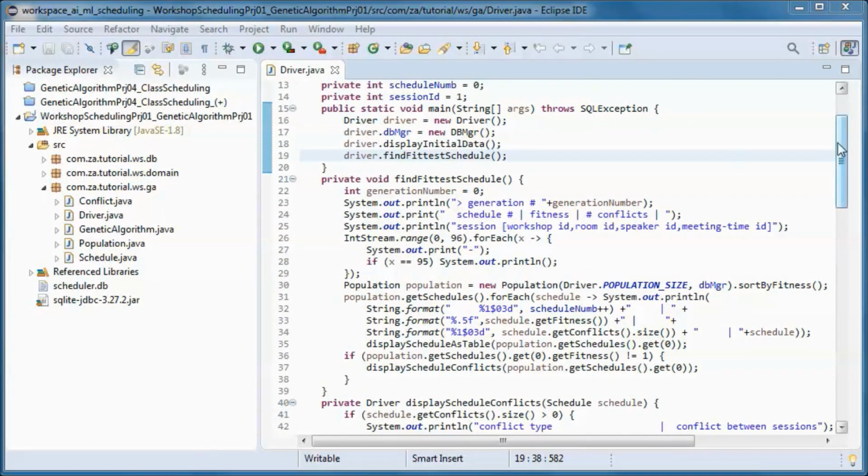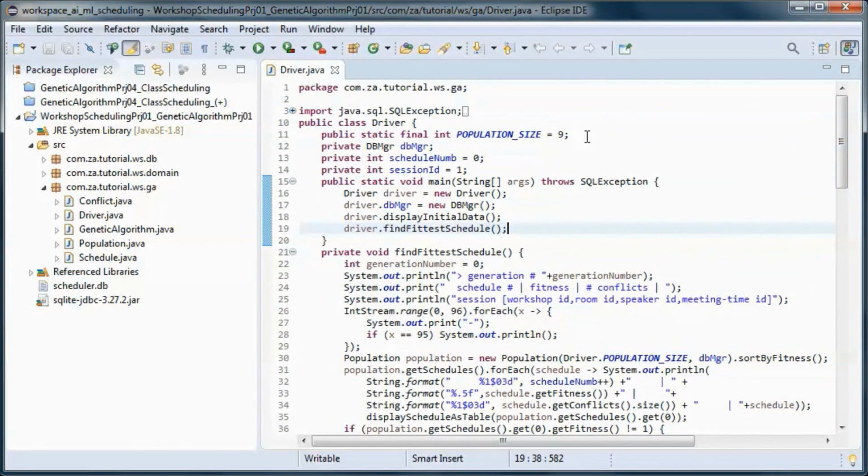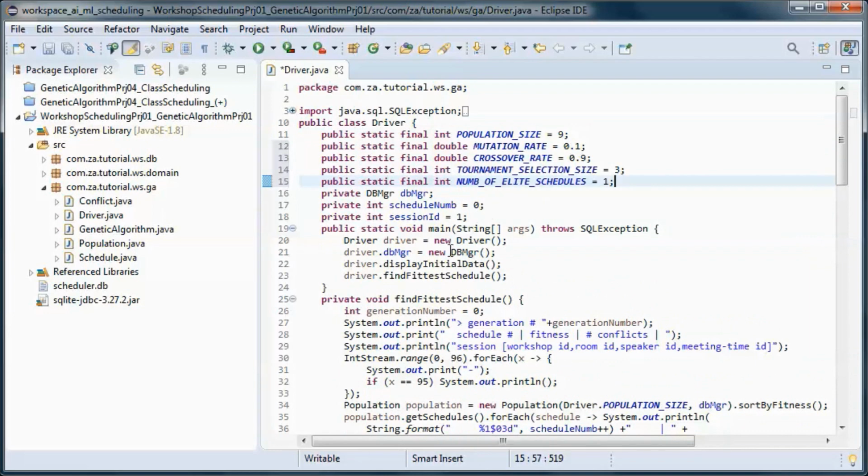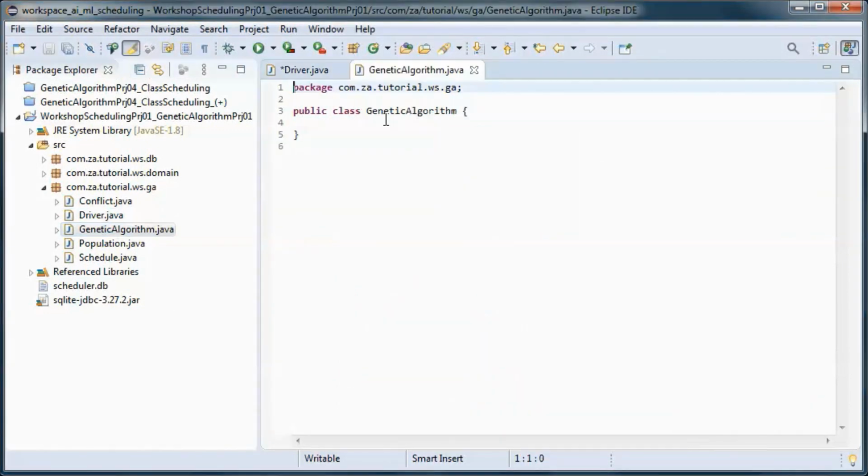And let's add those constants, and we will be using those here.